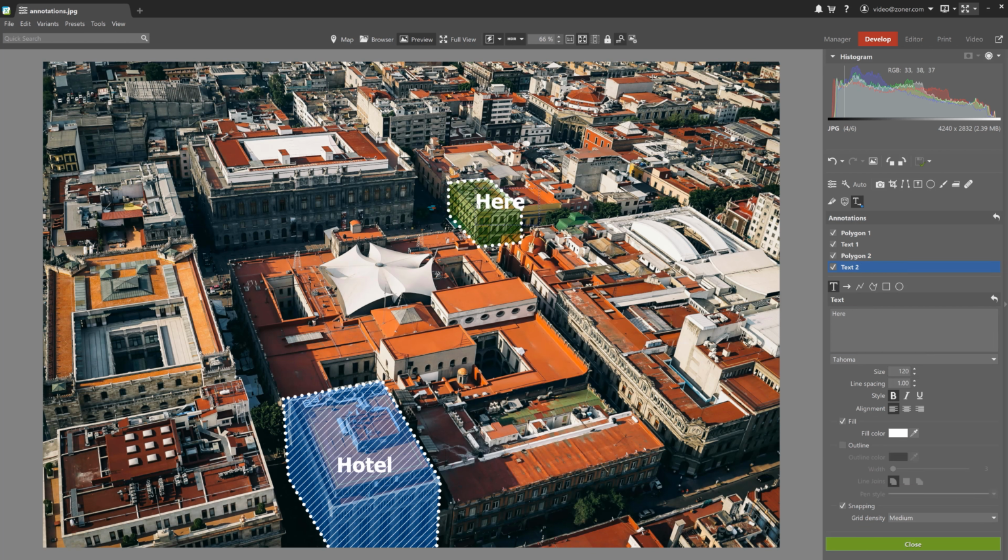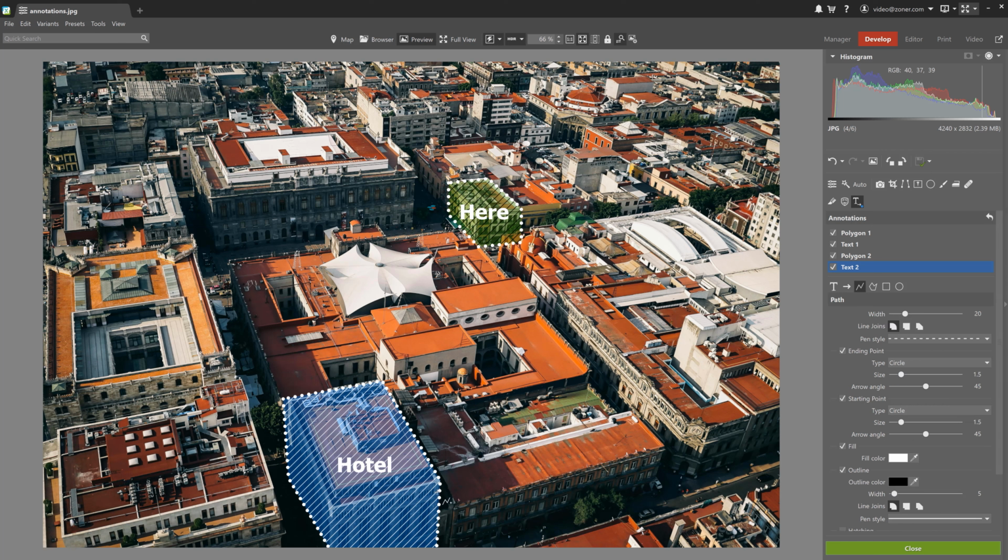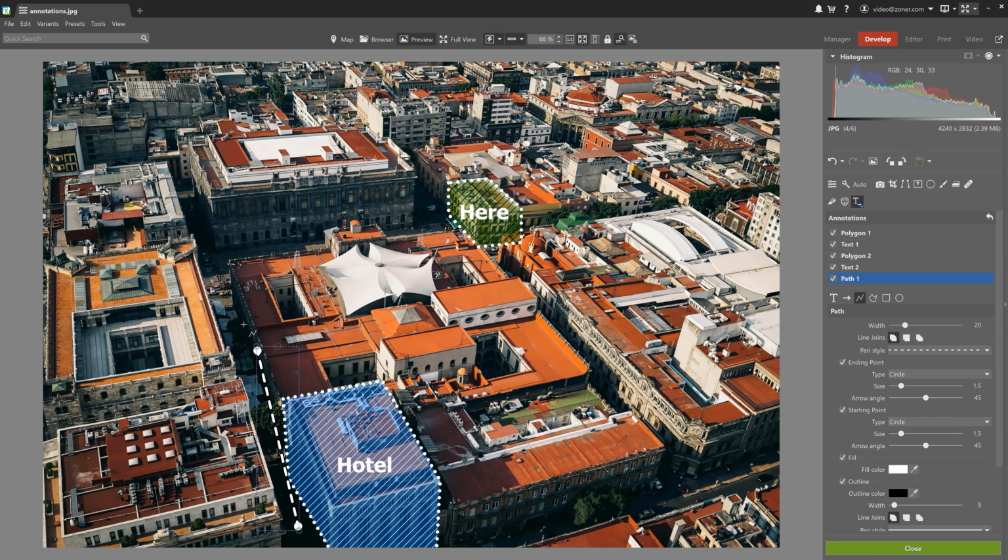Now it's time to mark the route. First, I use the default settings to mark the route and then see how we can modify it. I'm gonna click the route from the hotel and drag it to the end of the street, and then click to the next intersection by end.